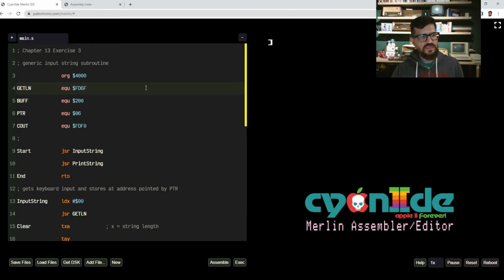So it sounds like the getLine subroutine does pretty much all we want. So why the hell do we need to bother with writing a longer subroutine to deal with that? There's a number of reasons. So the first one is